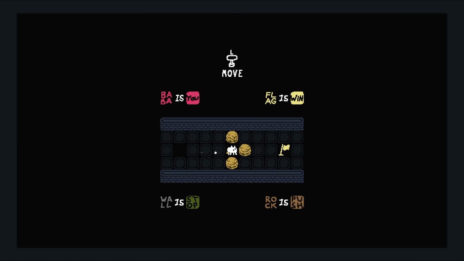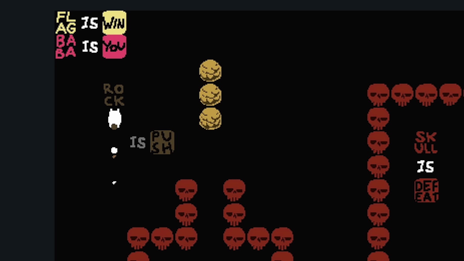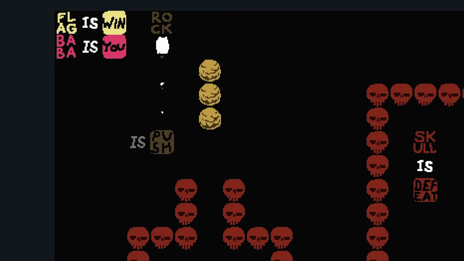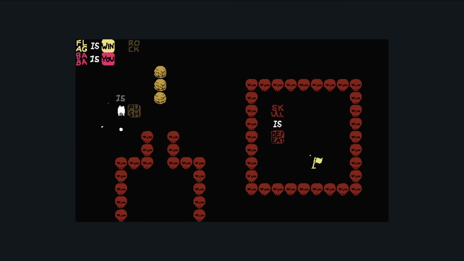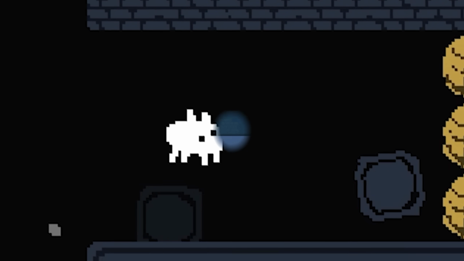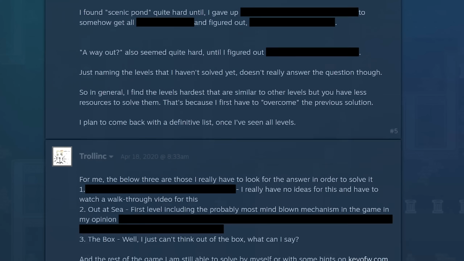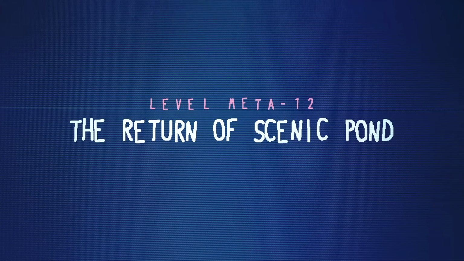It also has a pretty funny premise where you slide blocks around to form sentences, which in turn create the rules of the puzzle. Now, the open-ended nature of it allows for some pretty creative problem solving, but there's also a lot of room for failure for that reason. The game gets difficult, and well, nobody can seem to agree on which puzzle is exactly the hardest. I'm picking Return of Scenic Pond for this list, just because it seems to be the one that comes up